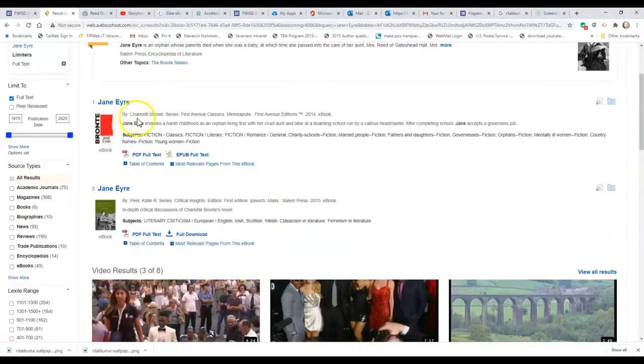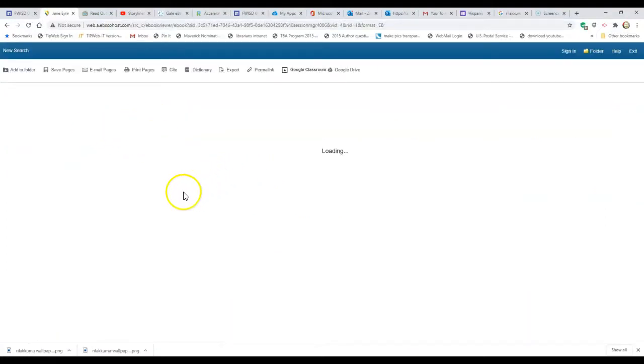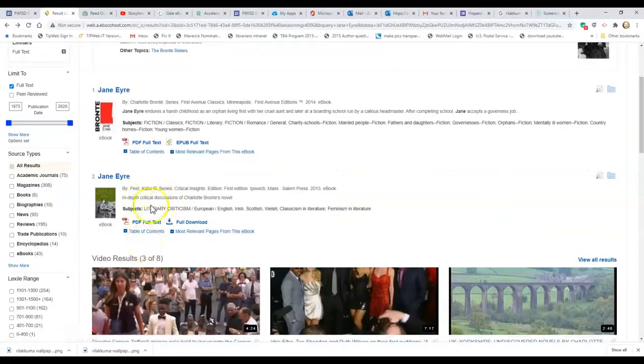So, this is by Charlotte Bronte, and this is the book that is actually the book of Jane Eyre. The other one, I don't know if you saw it or not. Let's go back for a second. Sorry about that. So the other one, this Jane Eyre, is, see,